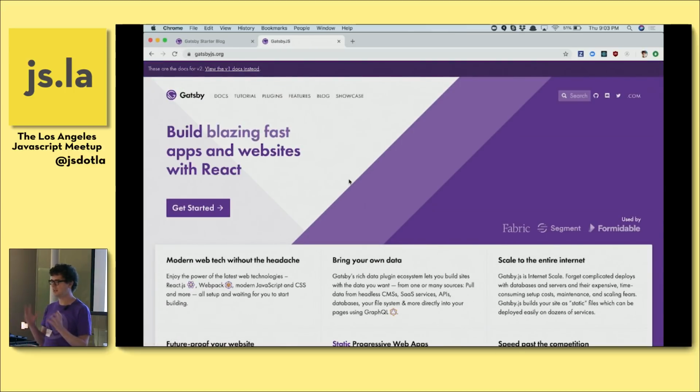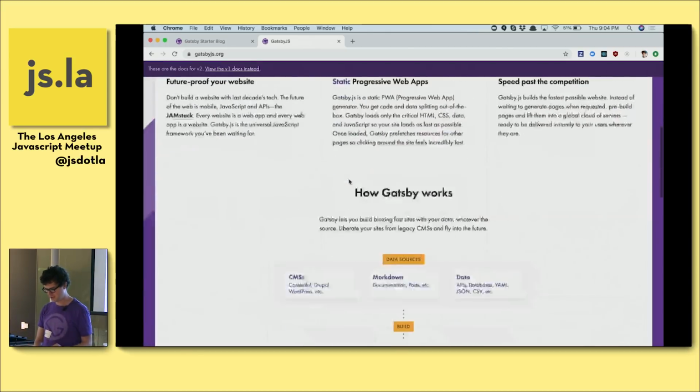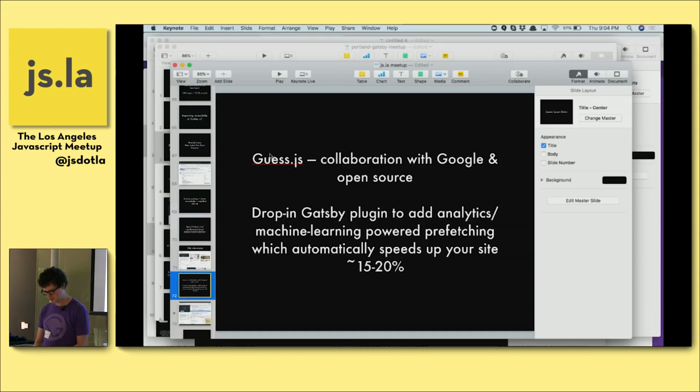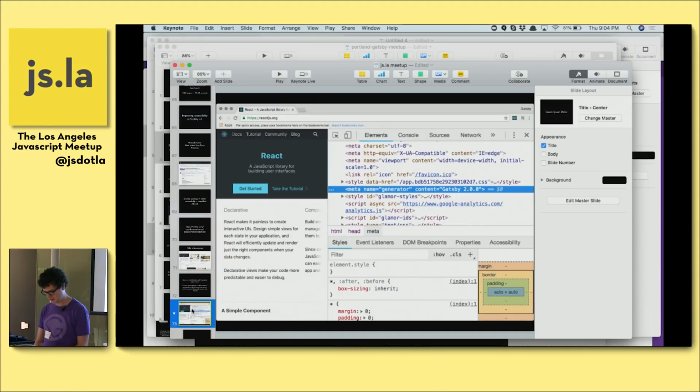And we kind of have a naive heuristic for how we do that. But Gatsby.js actually lets us use real information, because a lot of sites have a lot of pages that, despite how hard anyone worked on them, nobody ever visits. So no offense to whoever works on the not visited page. Anyways, you just don't make people download those. They don't have to. So that's a really cool feature too that we're really excited about.